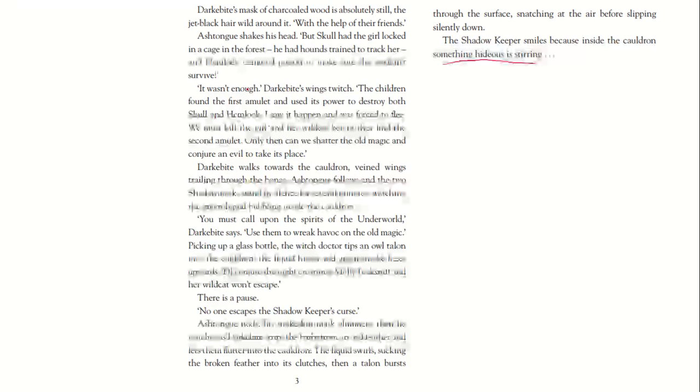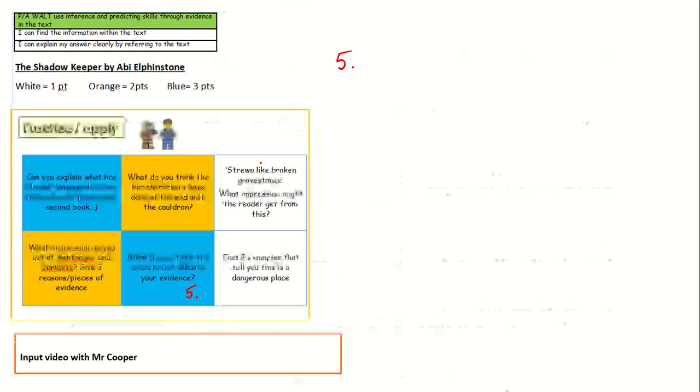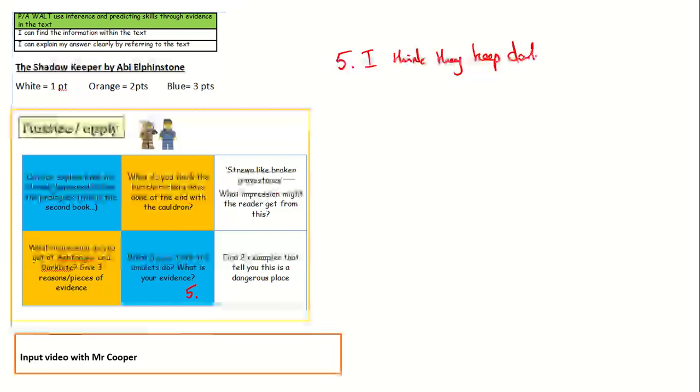So he talks about amulets here. Found the first amulet and used its powers to destroy both Skull and Hemlock. And they know Skull and Hemlock. Shatter the old magic and conjure evil. I think, and I've not read the book, but I think the amulets keep whatever they are from taking over. So I think they keep dark magic